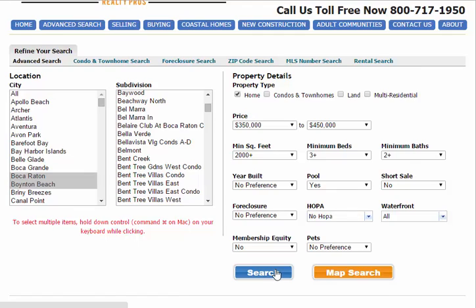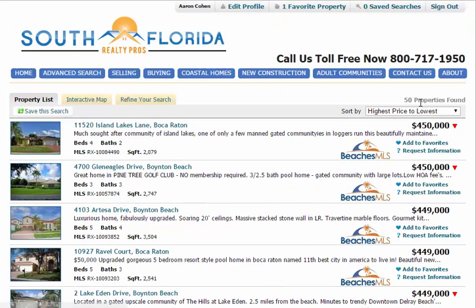Now, based on the criteria that we've inputted, there are 50 properties that meet our search criteria. If we hadn't done a search criteria like this, there could be thousands of properties for you to look through. So you can see the value of doing this and doing a few minutes of filtering to get properties that